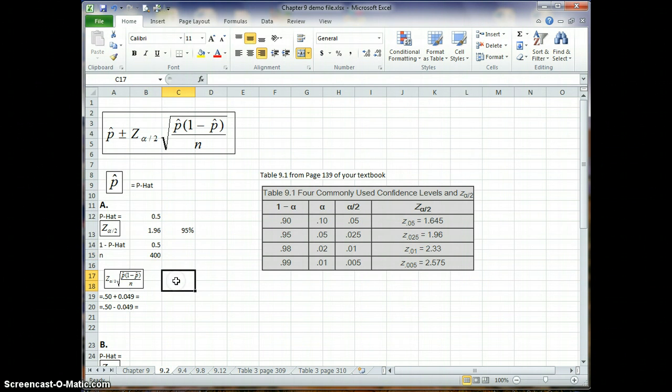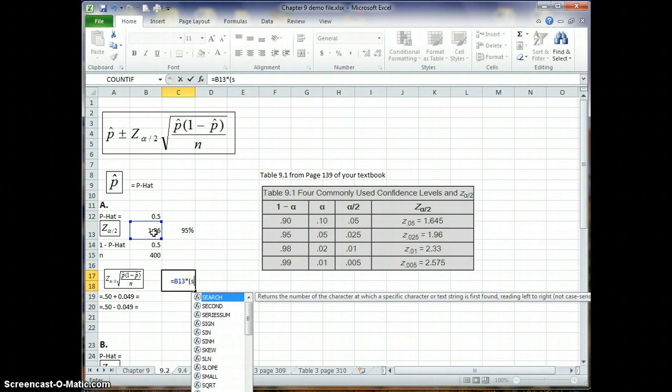So now we come over here and I've got not the p hat proportion but the rest of this equation, and without the plus or minus. So I need to do this calculation. It's going to be equal to D13, which is the 1.96, and then I'm going to multiply that by, and then I'm going to put parentheses, the square root,